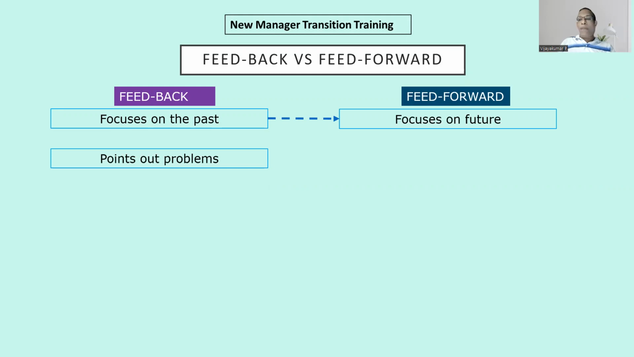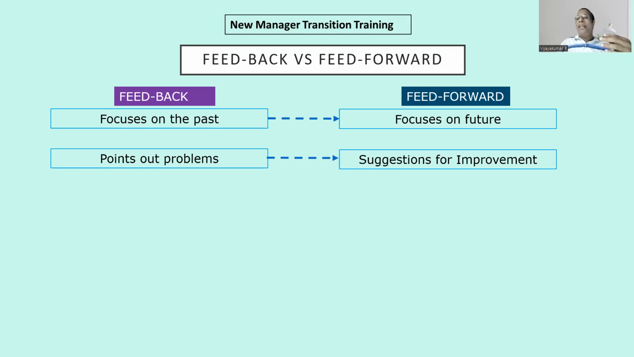And then in the feedback model, predominantly it is pointing out the problems. But in feed-forward model, we will give suggestions for improvement. Also, we will ask the receiver to come up with the suggestions for improvement. Right? It is not only like one way. Right? We will ask the receiver of the feedback to expand his thoughts or ideas on how we can improve the